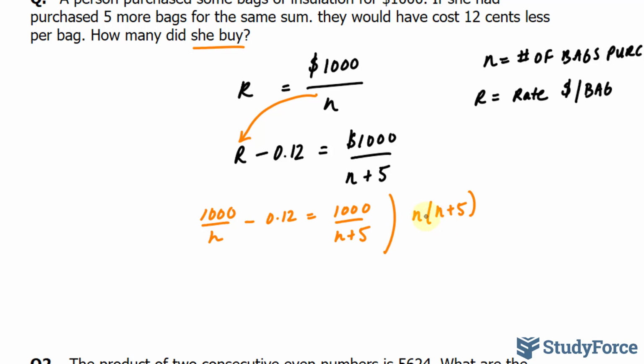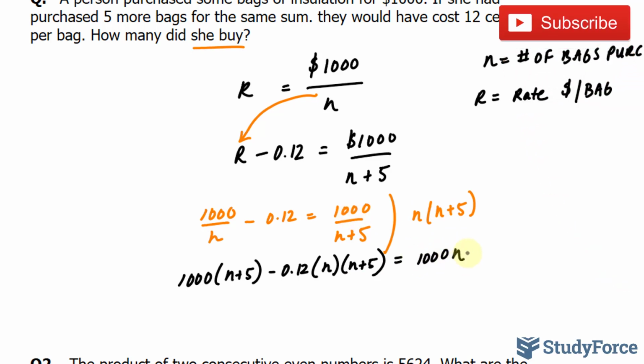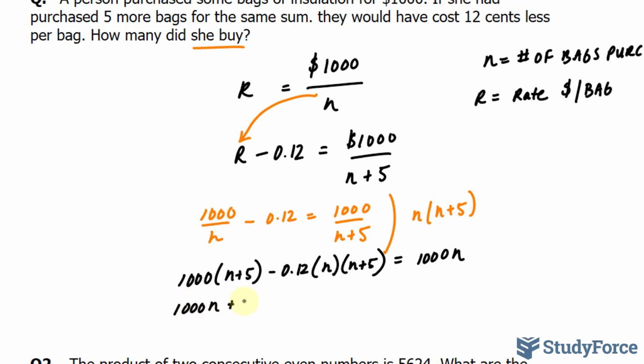For example, if I multiply N plus 5 to this term, I end up with 1,000 bracket N plus 5. Multiplying this to negative 0.12 gives me negative 0.12 bracket N plus 5. And finally, multiplying this to this term gives me 1,000 N. I can go ahead and collect like terms after I expand. I'll expand this part first and then expand that one next. I have 1,000 N plus 5,000